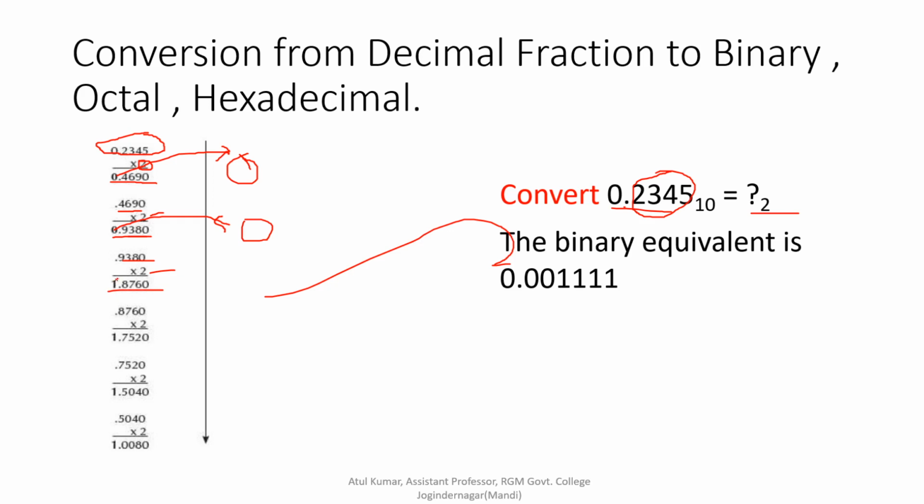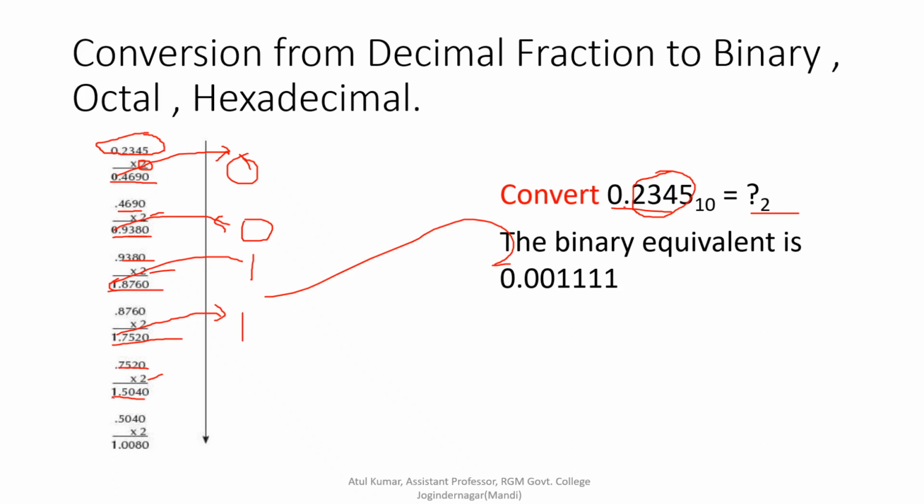So before the decimal point we have the number 1, write 1 here, and after the decimal point we have the number 8760. Multiply 8760 by 2, and we get 1.7520. Before the decimal point the number is 1, so write 1 here, and after the decimal point the number is 7520, so we will again multiply by 2, and the number becomes